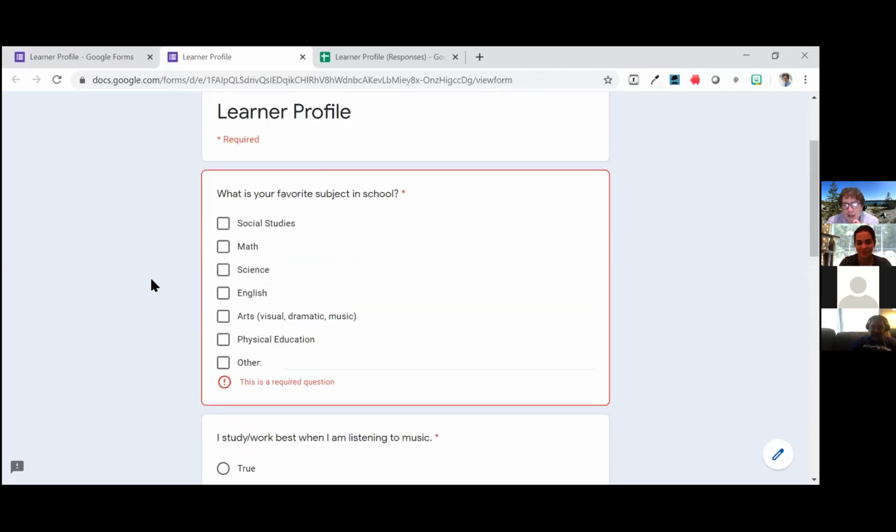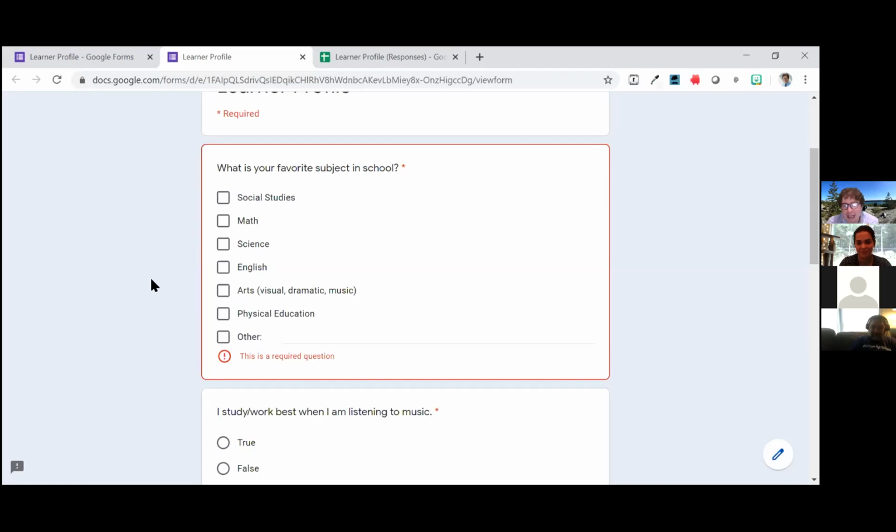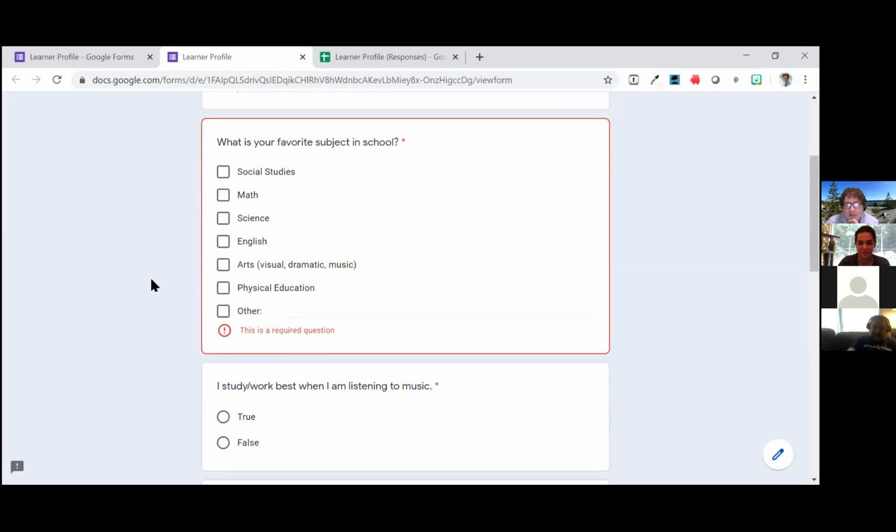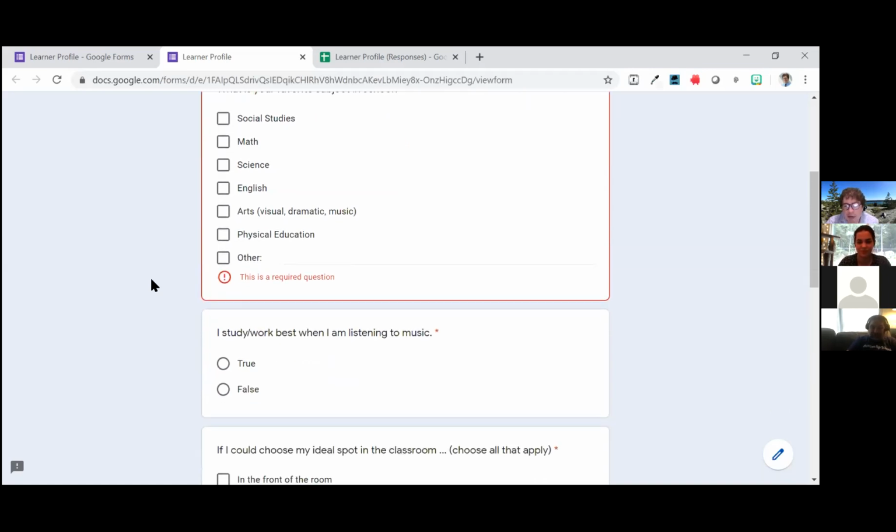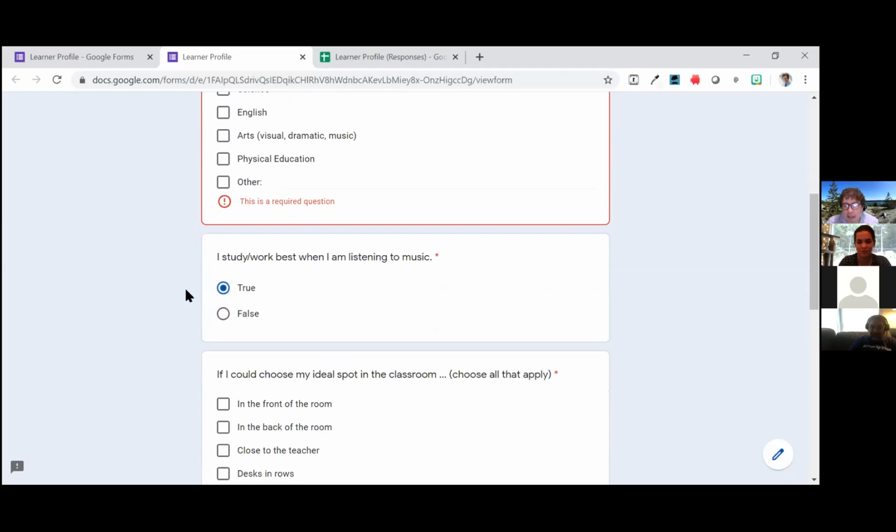So one of the things that you might notice, well, first of all, I don't have a name piece in there. I would suggest including student name, and if you need to know grade or any pertinent information that you would really need to have in there, you could have. But using checkboxes and multiple choice, like the bubble ones like these, those are really important